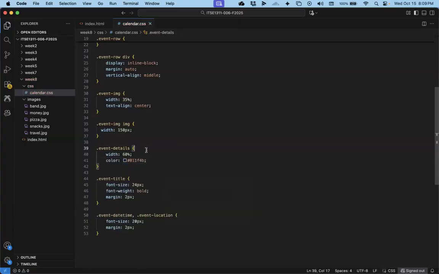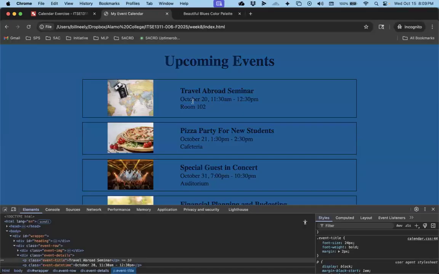And that'll apply to all of the paragraphs that are inside that, the title and the date and time. Okay. All right. See, it's turned this darker blue. That's nice. Okay. So now let's make this border a little bigger, and maybe we put some space in between the image. So we'll put some padding on these